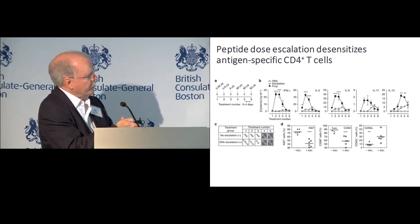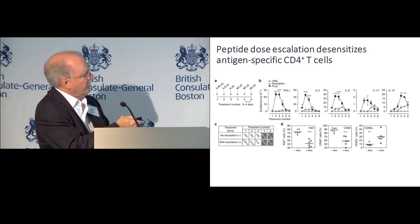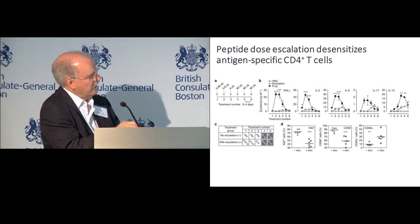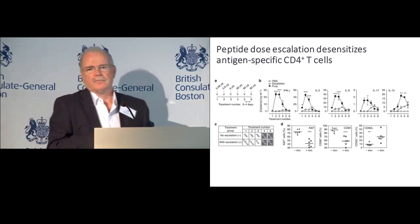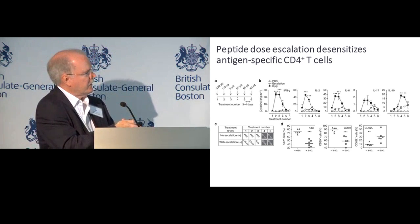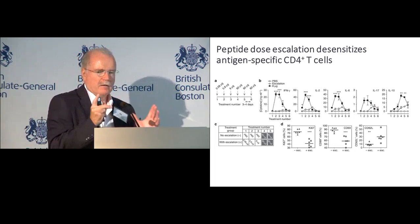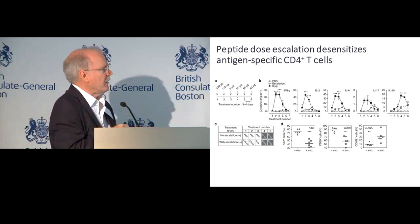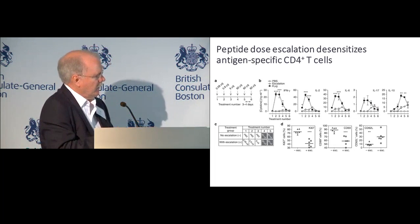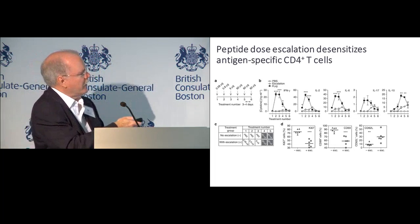Now, what I'd like to show you in this experiment is the logic behind dose escalation. If you go in with the highest acceptable dose of peptide, you get secretion of cytokines, and these cytokines at higher levels can be dangerous. Note this is a transgenic mouse, so these are not issues you see in non-transgenic individuals. However, importantly,